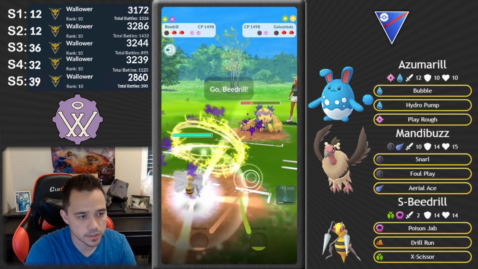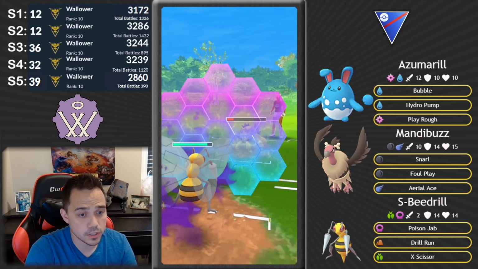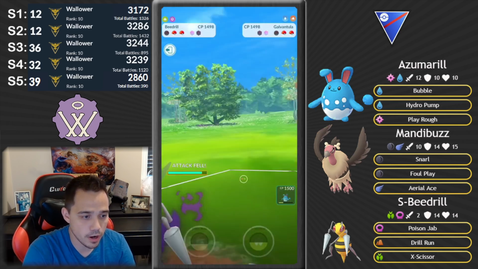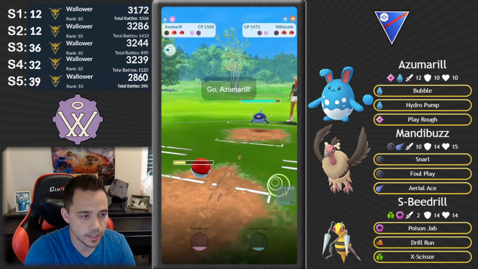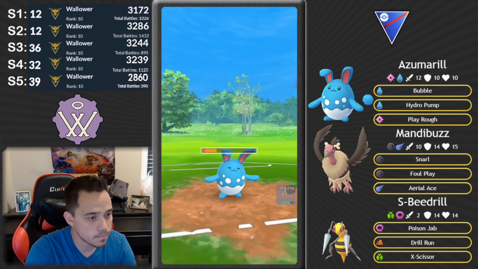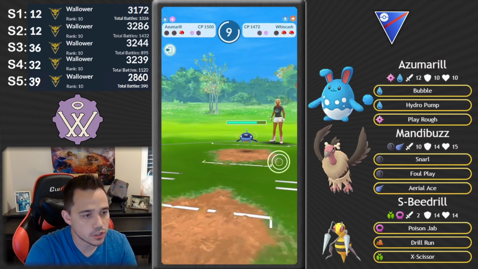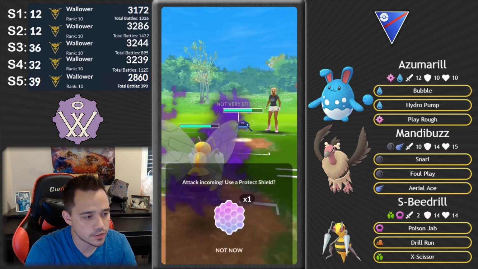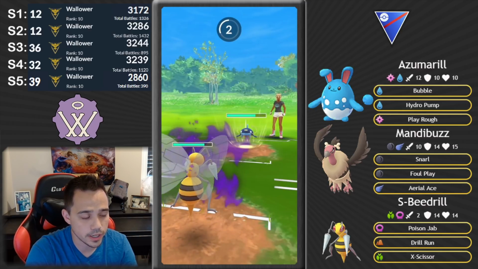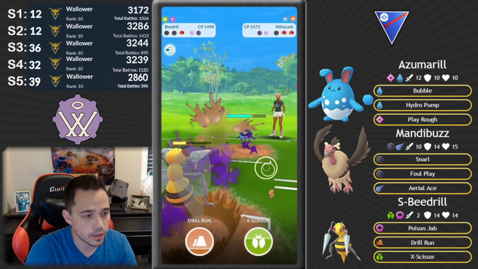Wait the timer, of course, because they didn't switch. I switched. So shield once. They threw Discharge on my Mandibuzz, so I was like, maybe they're not baiters, but they indeed were master baiters, and they baited me like a master. Yeah, so Whiscash comes in. I essentially just swapped to Azu to try and clear my debuff. And then I know I have to hit a Drill Run on this Whiscash, but for certain,